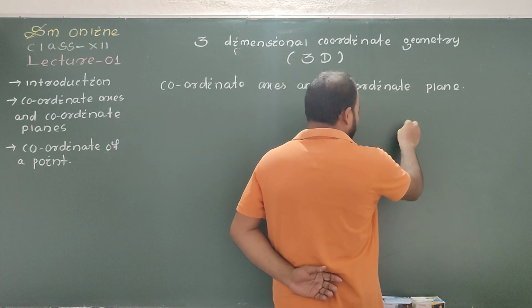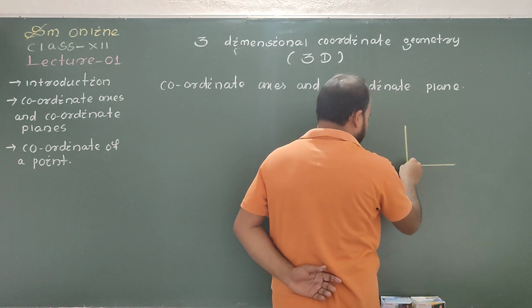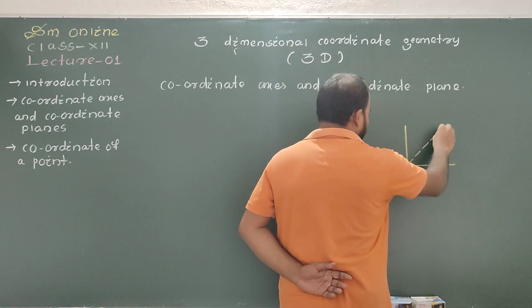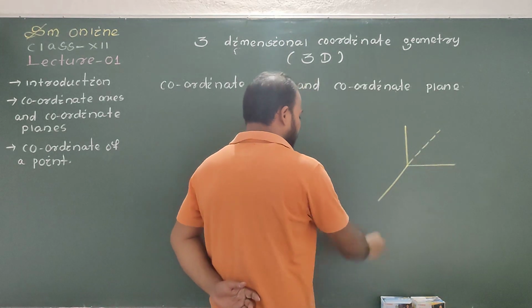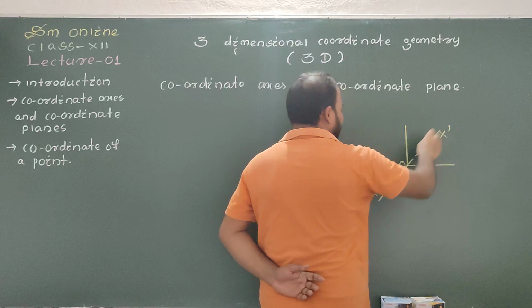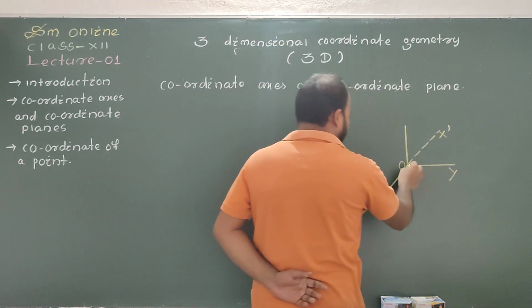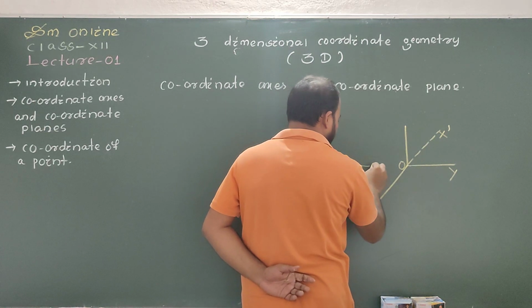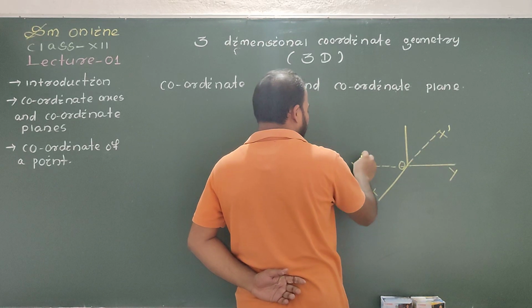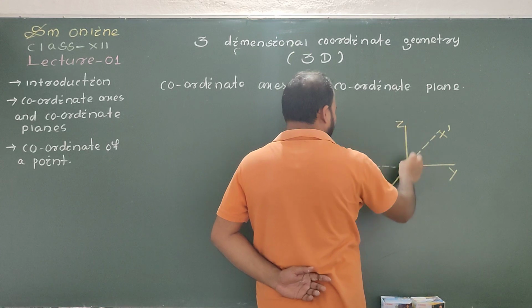Suppose this is a line x o x dash. This is a line, and another line, this is y o y dash, and another line, this is z o